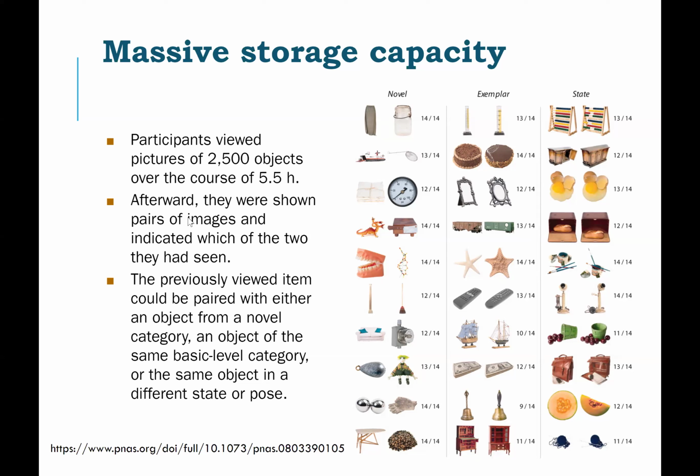Now, afterwards, they were shown pairs of objects, and they were asked which one of these was in the study set. Okay? And the type of objects they showed in pairs look like this. They paired an object with another object that was completely novel, like the whole category was novel. They never saw anything from, let's say, the clock category. So they paired them with something from a completely novel category. They paired them with something that was a novel exemplar. So they studied this mirror, but now in the test set, it was paired with this mirror, and they were supposed to say which one was in the study set.